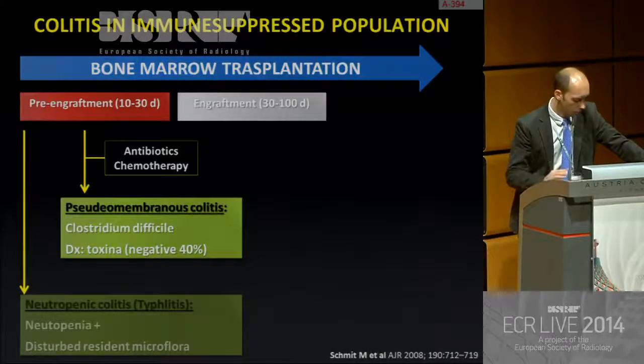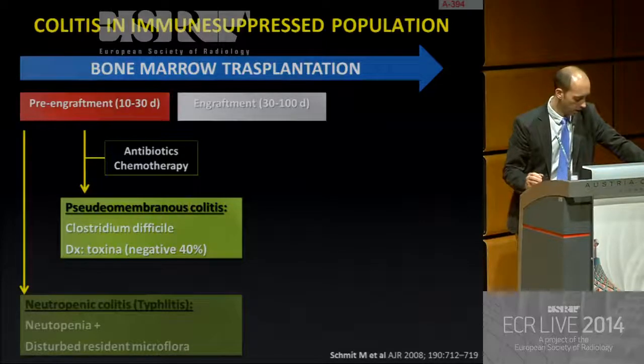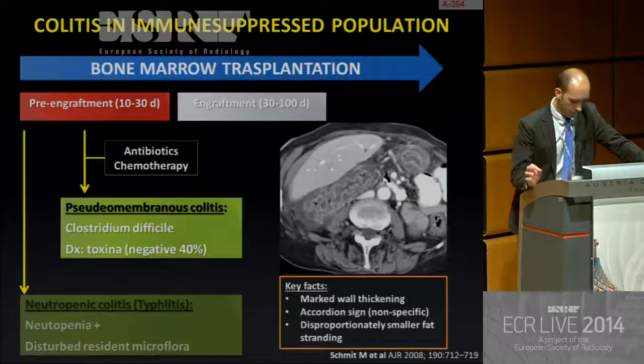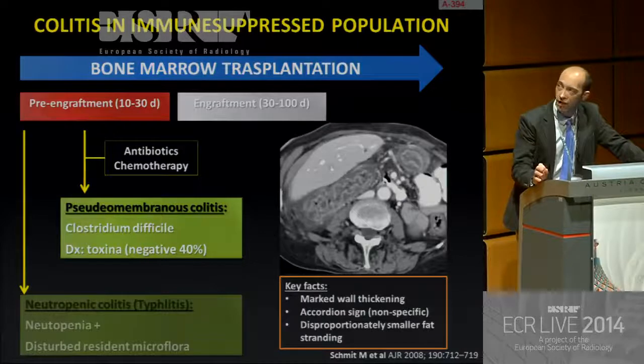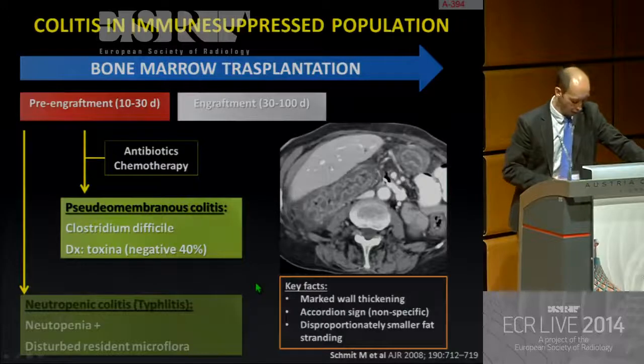In that subgroup of patients and other patients under broad-spectrum antibiotics, for example, patients in the ICU units, it's not rare to find pseudomembranous colitis, and at that point, in this particular case, imaging may be key for establishing the diagnosis. Classically, diagnosis is established with the detection of the toxin, but can be negative in up to 40% of cases. So the identification of the accordion sign may be very helpful for the clinicians in the workup of